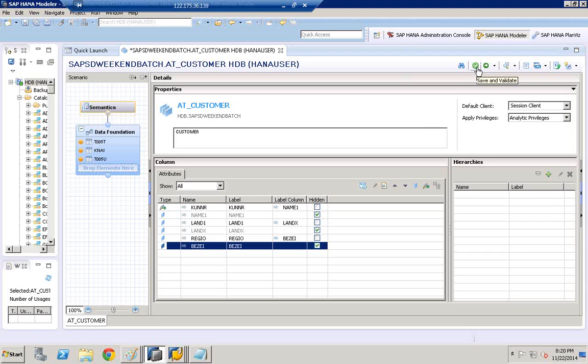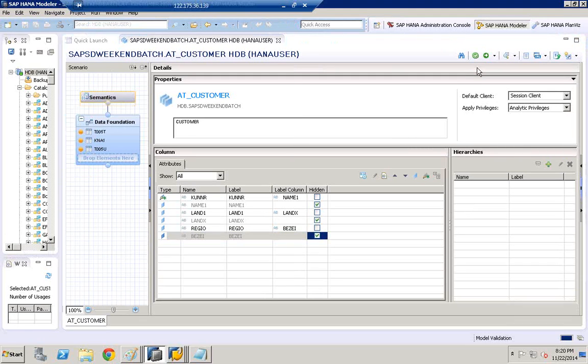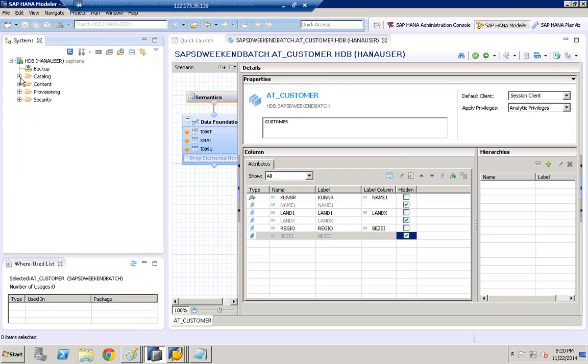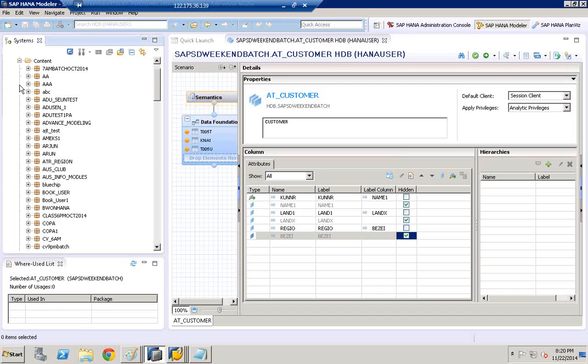And then click save and validate, and save and activate. Once the view is activated, then in order to display data for the view, expand content,